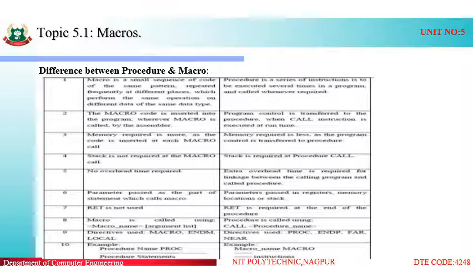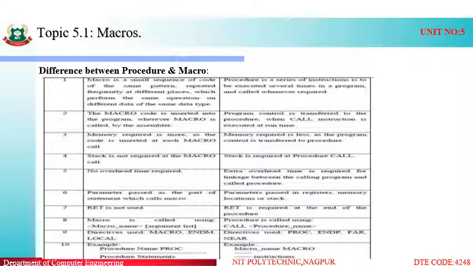Macro code is inserted into the program where the macro is called by the assembler. So a macro is always called by the assembler, whereas the procedure is called using the CALL instruction. Memory required is more in case of macro, whereas in case of procedure the memory required is less, but the time required is more, as extra overhead time is required.